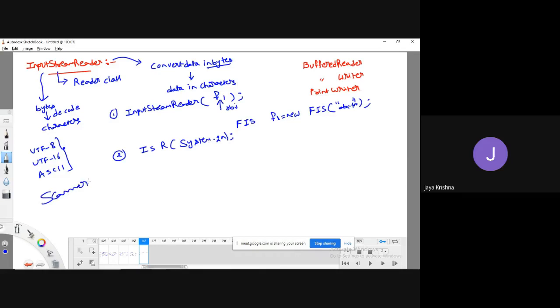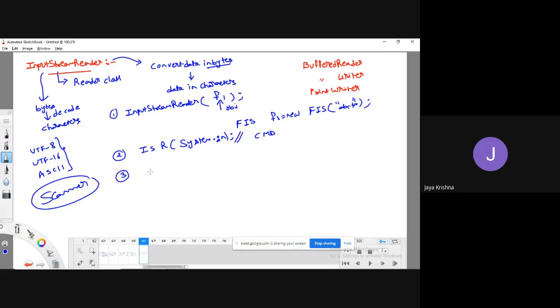If you didn't get that, go through that so you can understand the meaning of System.in, meaning that it is used to read the data from the command prompt. So I can use InputStreamReader by passing System.in.